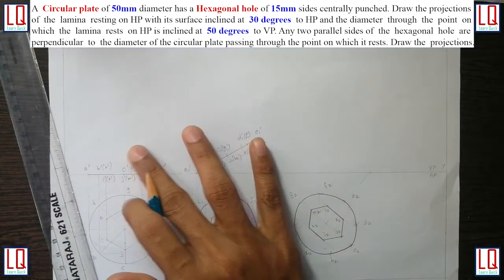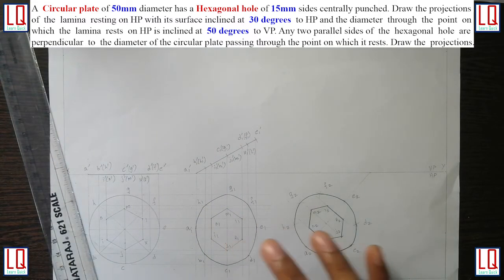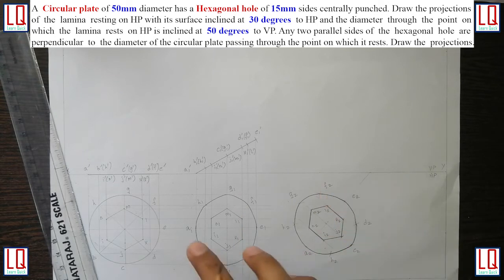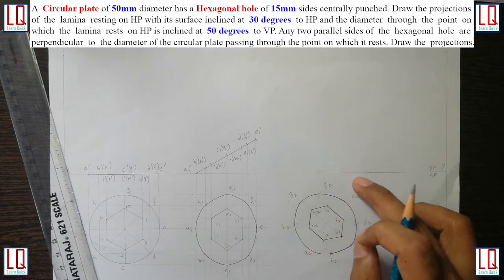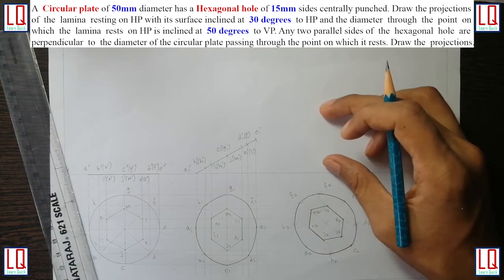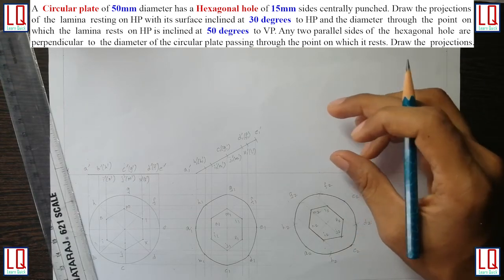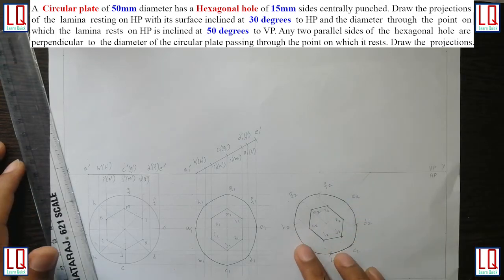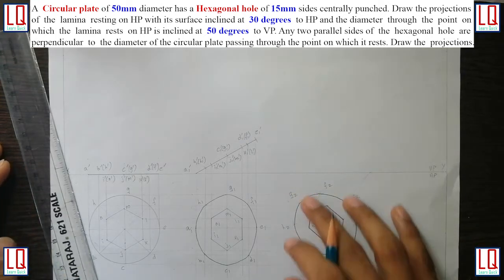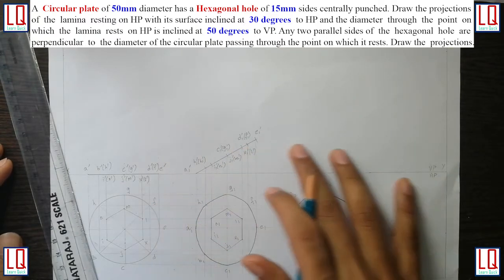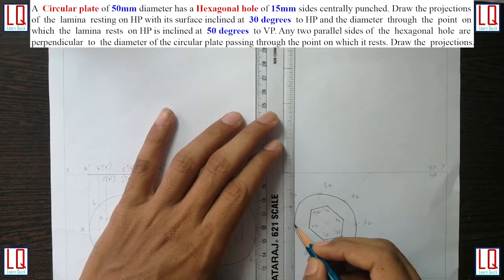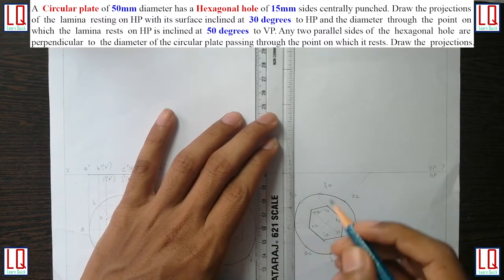Now step 1, step 2, step 3 and step 4 are completed, and in step 5 we have transferred the same drawing which we obtained here, making sure the diagonal which passes through the resting point is inclined at an angle of 50 degrees. Now to obtain step 6, the final front view of the circular plane with punched hexagonal inside, we have to project all the points from step 5 and project all the points from step 3. To do this, using your engineering drafter is recommended.